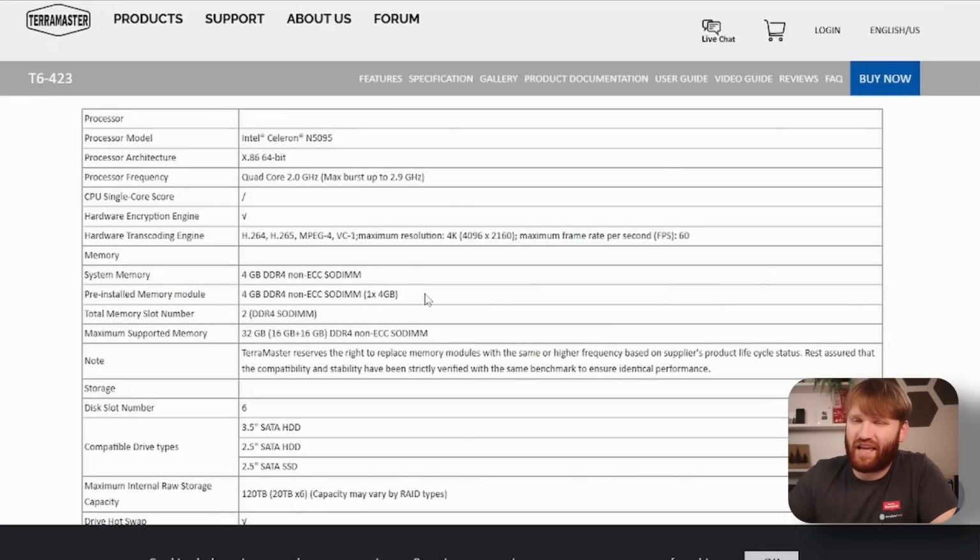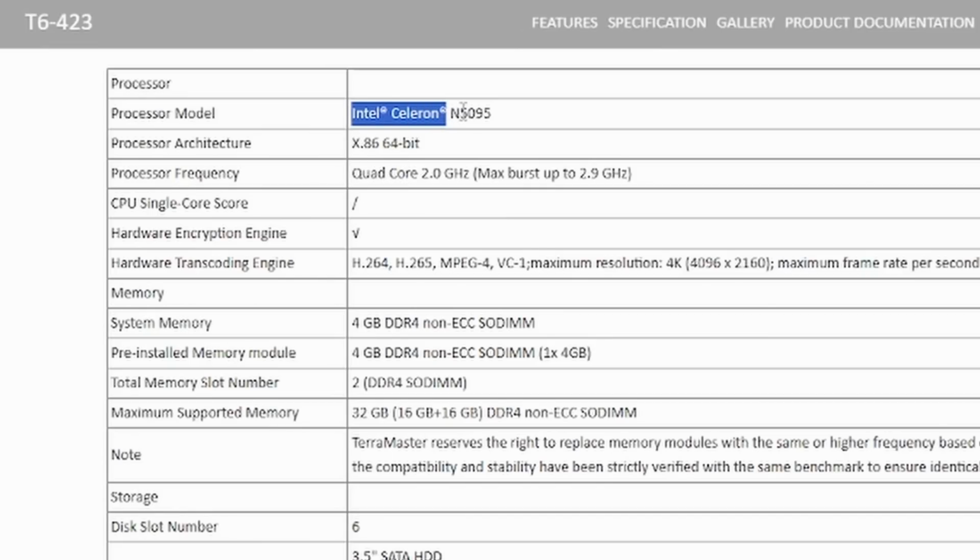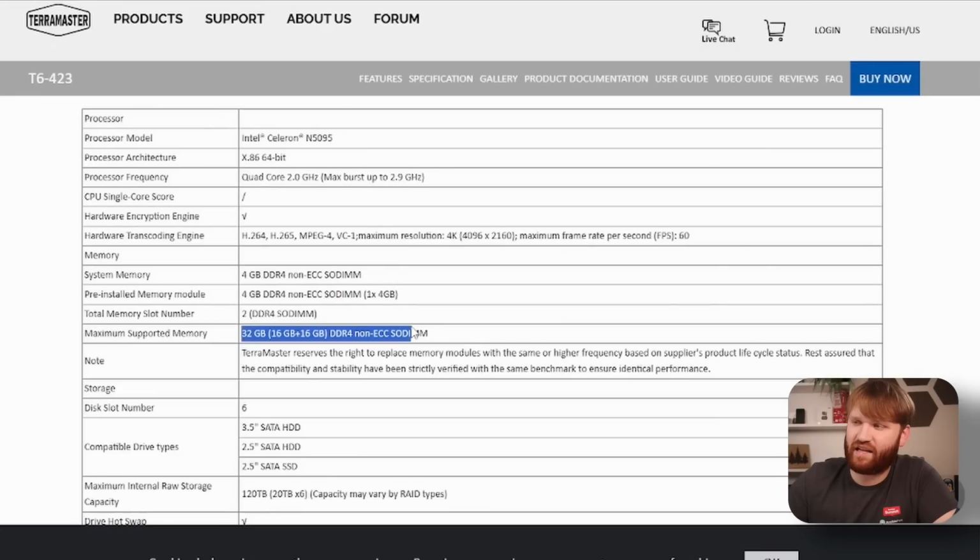And I would say the specifications of this NAS in particular are probably the minimum requirements that you're going to want to actually do this. You can see here it has an Intel Celeron N5095, quad core at 2 gigahertz. Right now it only has 4 gigabytes of RAM, which again, Windows eats up a lot of it. There are better options for a dedicated NAS unit. I can upgrade it if I want to, but I'm just rocking the 4 gigs for now. Setting up file shares and a couple Docker containers, it's going to be fine. And I have 6 4 terabyte drives in it.